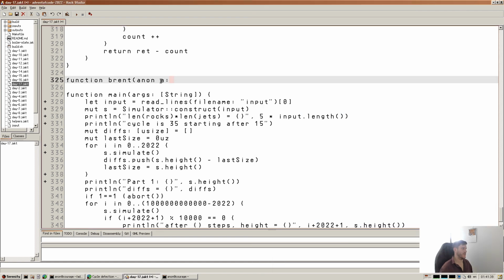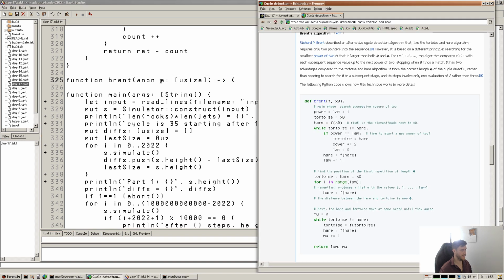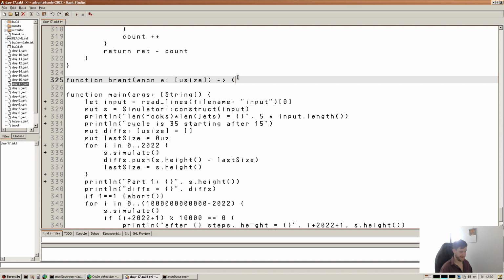So we'll just call it maybe a, I reckon a is probably alright, and we will kind of just start at 0, and what we're going to return is maybe a tuple, and we will return that, these two offsets basically, usize and usize,